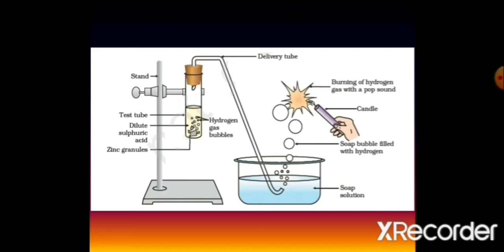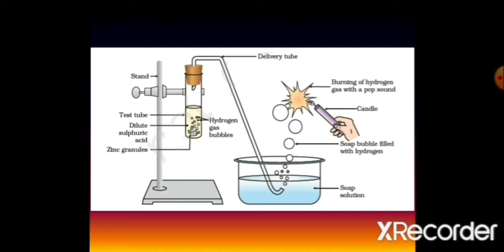For each granulated zinc particle, the complete surface area is easily available to react with the acid. It forms zinc sulfate salt and releases hydrogen gas. Hydrogen gas passes through the delivery tube. The other end of the delivery tube is sunk into the soap solution taken in the flask. You can see a number of bubbles formed on the surface of the soap solution.